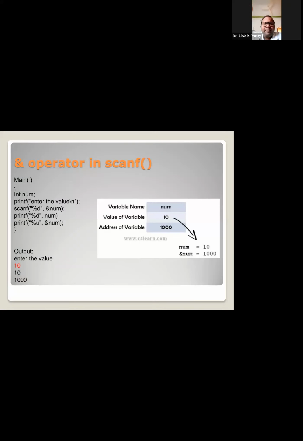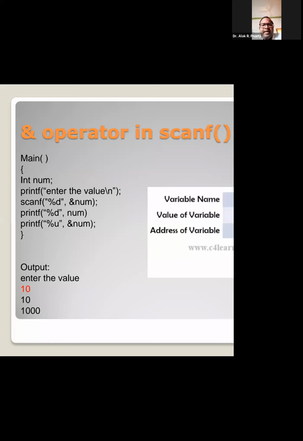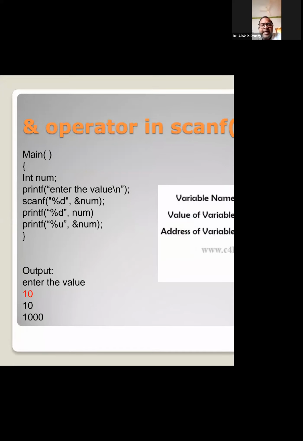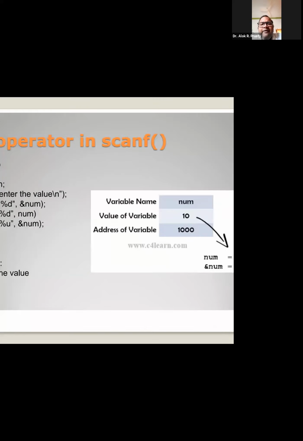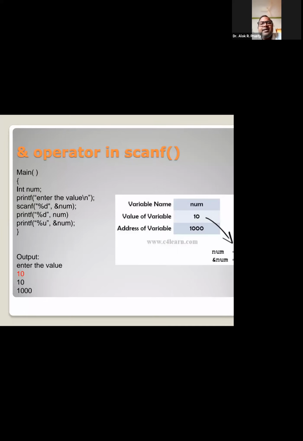Now what about the scanf function? You can see here I have taken one snap from the internet. Whenever we are declaring a variable, we have three things to remember: the name of the variable, the value to be written inside the particular memory location, whose name is, let's say here, num, and the address of the variable. Three things we require whenever we are making an input function.